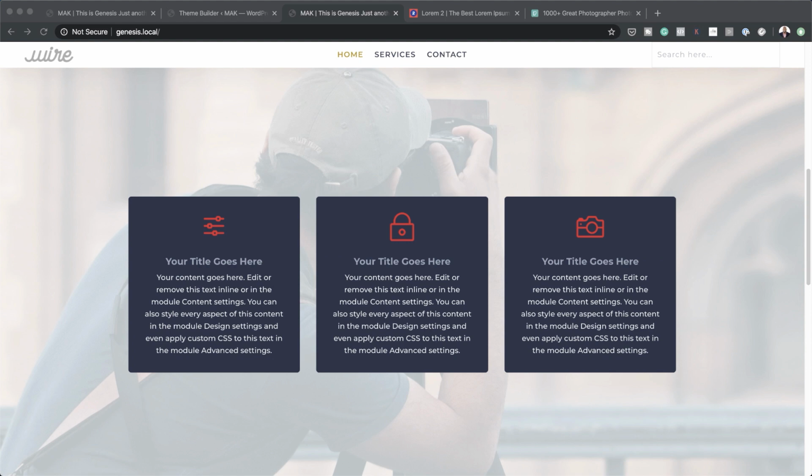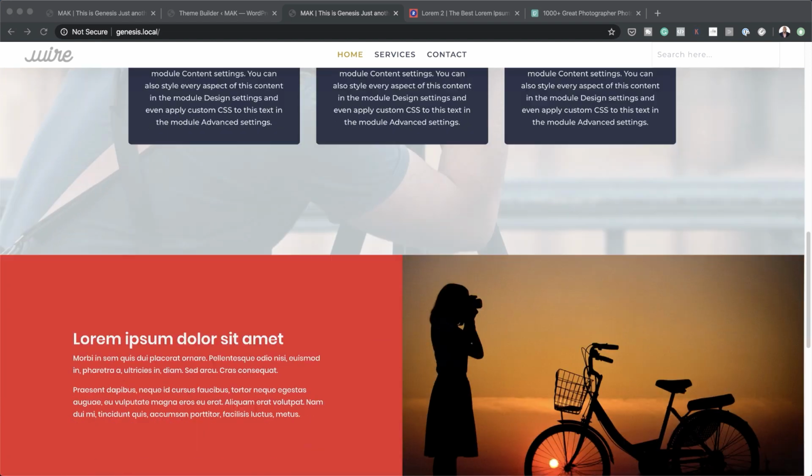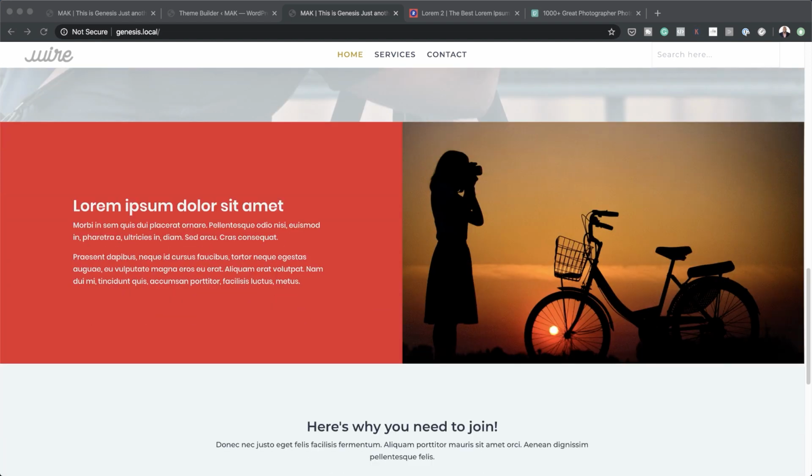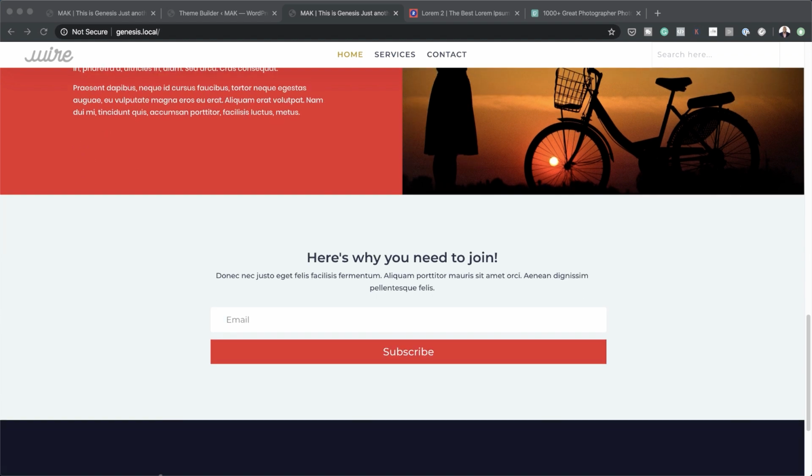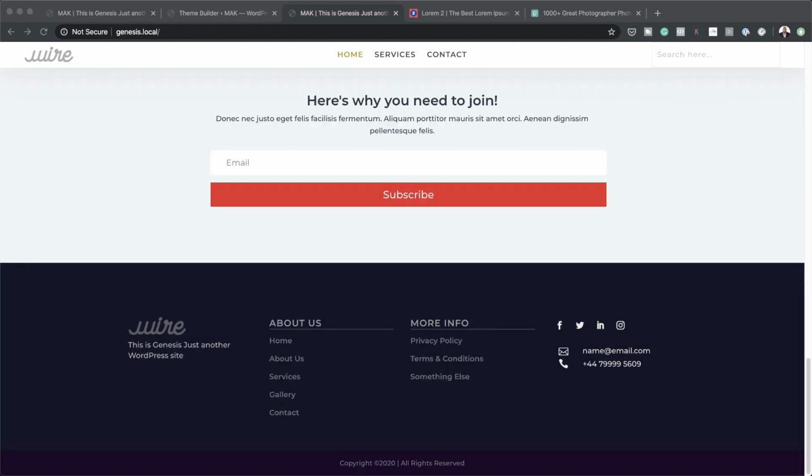We also have a section here which has an image right here in the background. I've also used this image as a design element. And then as I scroll down here, we can see that we have a beautiful section here. And these colors here are colors which I use from my color palette. And then scrolling down here, we also have an email opt-in section. And then over here, we have a beautiful footer, which also incorporates your logo and also the colors of this